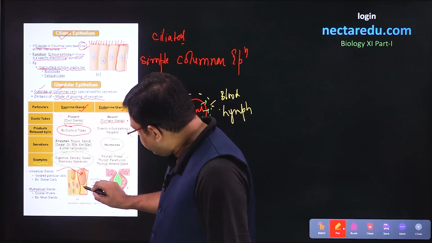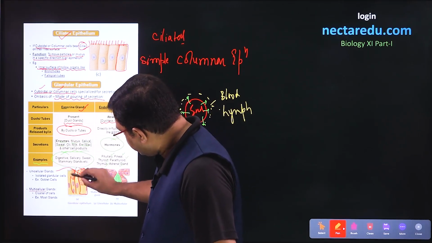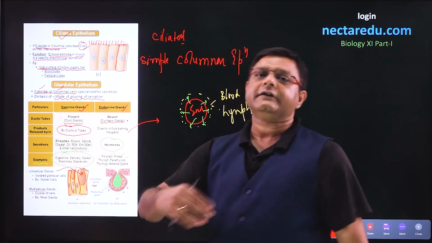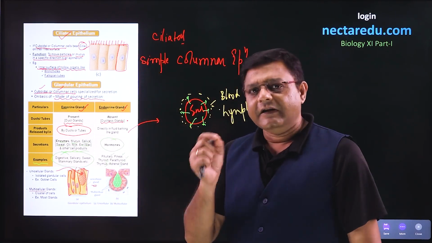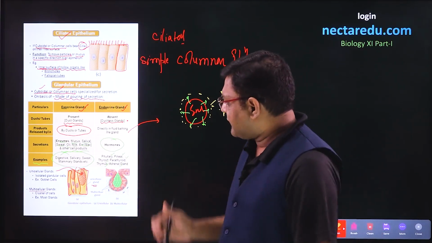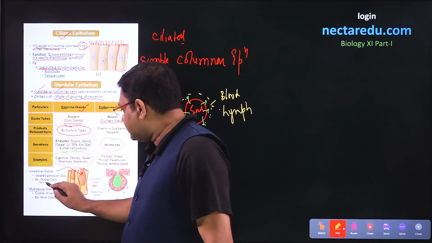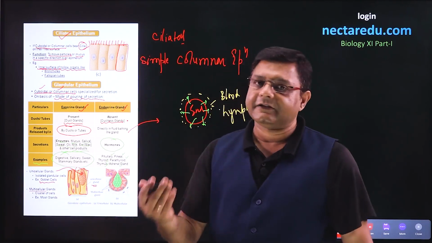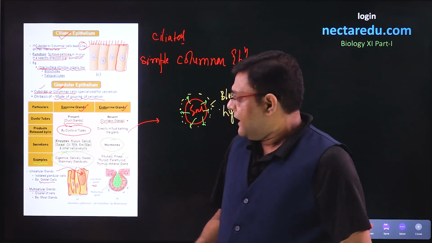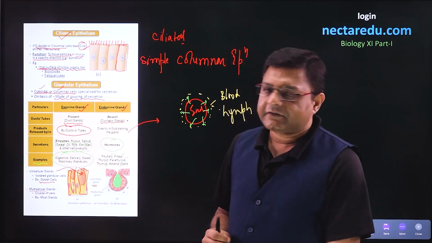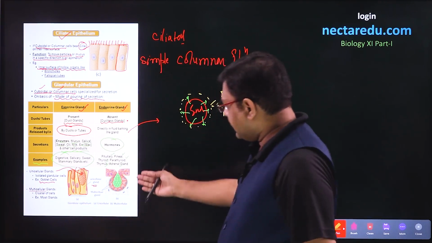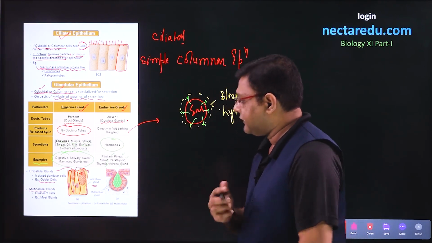In this diagram we can say 3-4 unicellular glands are present over here. These will not depend on any other cell. One single cell will be able to do the secretion. The example which we see here is goblet cells. Goblet cells secrete mucus and come under unicellular glands. Now, apart from goblet cells, most glands are examples of multicellular glands, and this is the diagram of a multicellular gland.